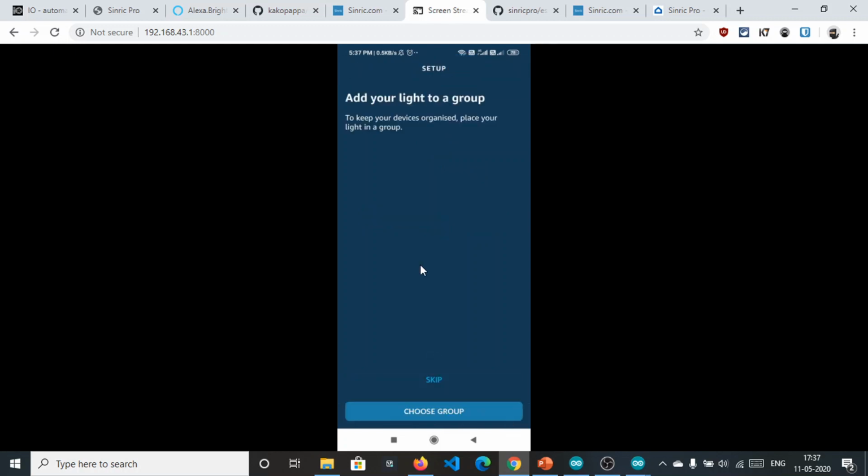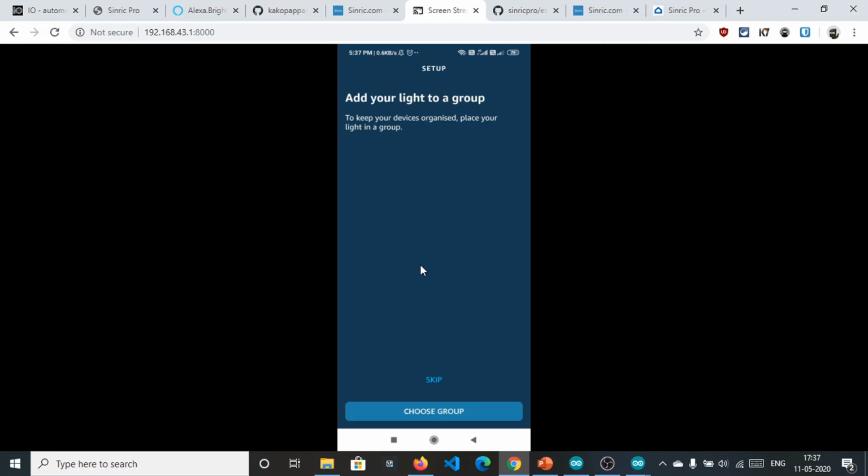Now click on setup device, and if you want to give this device a group, you can do that by simply choosing a group. The purpose is that if you want to control all the smart devices placed in your living room, you can name the group living room, and your command will be "turn off living room", and all the lights in the living room will be turned off. This is the method of selecting a group.